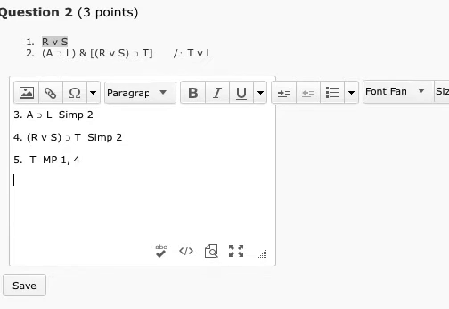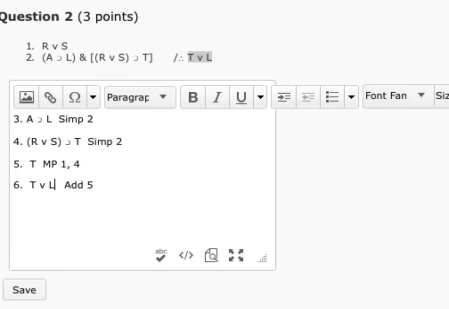The last step here, to get from this statement to the conclusion, is simply the rule called addition. That allows me to disjoin any statement I want to an existing statement. Here, the existing statement I've derived so far in the proof is T. I know that my conclusion is T or L, so I know that I can add or disjoin the L, because I can add any statement. I could have said T or X, but of course that doesn't help me get to the conclusion, only L does. So that's the completed proof for